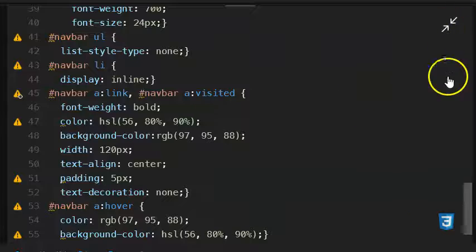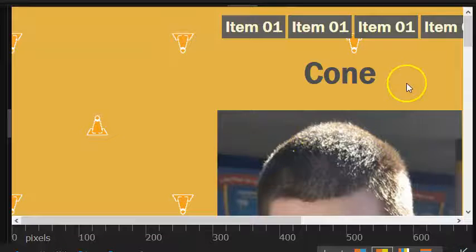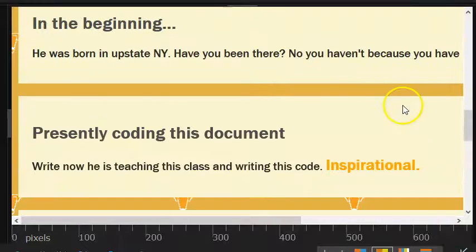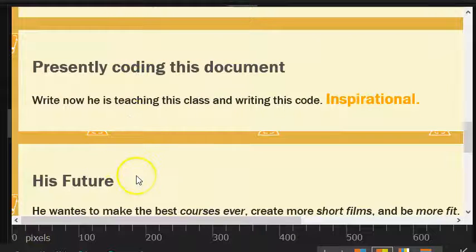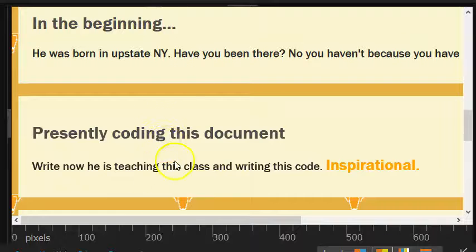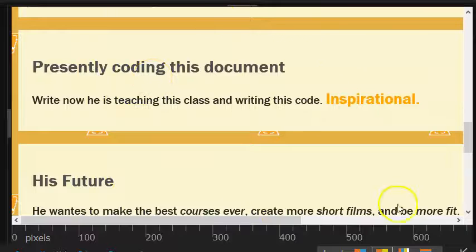All right, so we got this bar, and when we look at our site, you can see it looks pretty good. One of the things I don't like, though, is that I have these really long paragraphs, and I have three of them, and they're stacked, right? Sometimes things are written like that, but usually you would see these in columns, right? So instead of them three stacked, I'd like it if they were three across. I think that would look better, which is a little bit hard to do in manual coding, but that's what